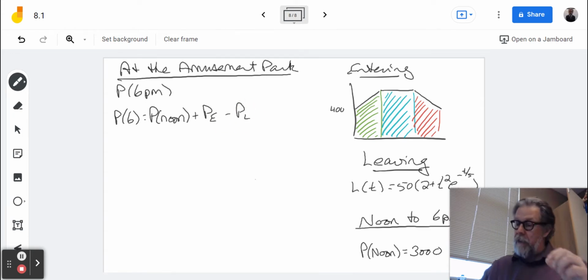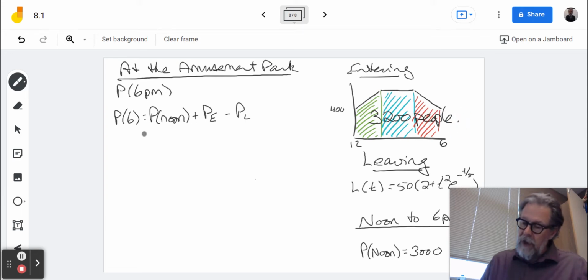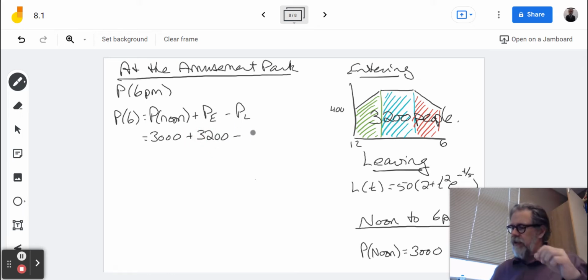So, how do we know how many people entered between noon and 6 p.m.? Well, we know that the integral of the entering function is just the area under this curve over here to the right, the green plus the blue plus the red. And without going into details, a total of 3,200 people entered. We have two trapezoids and a rectangle. So we now have 3,000 plus 3,200 minus, well, leaving is a little more complicated because for any given small